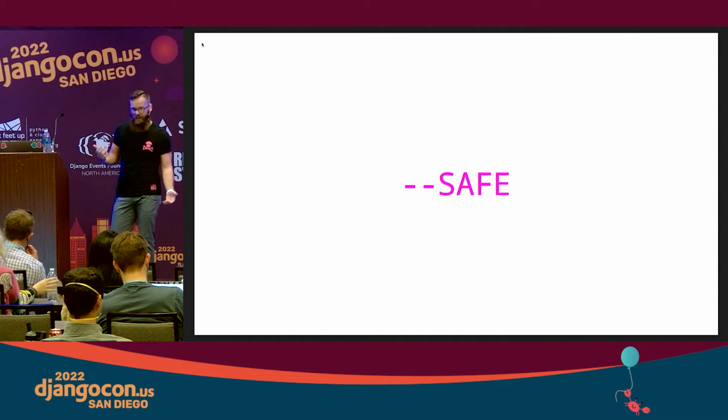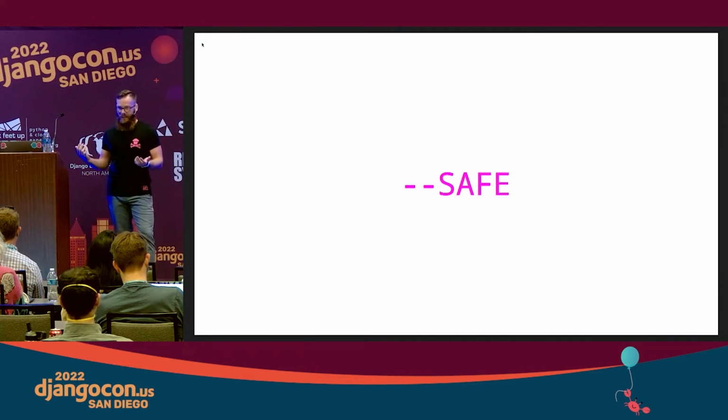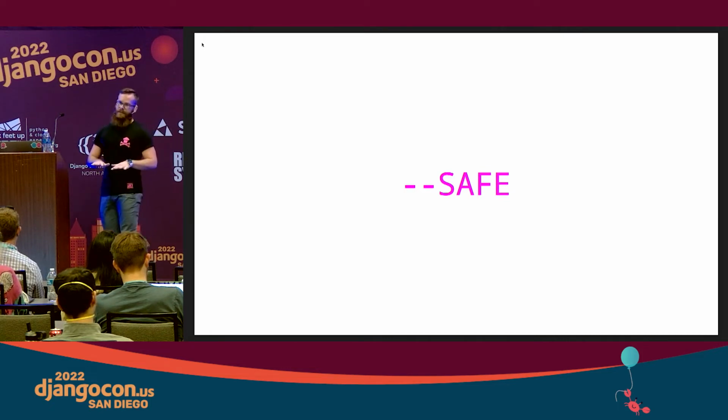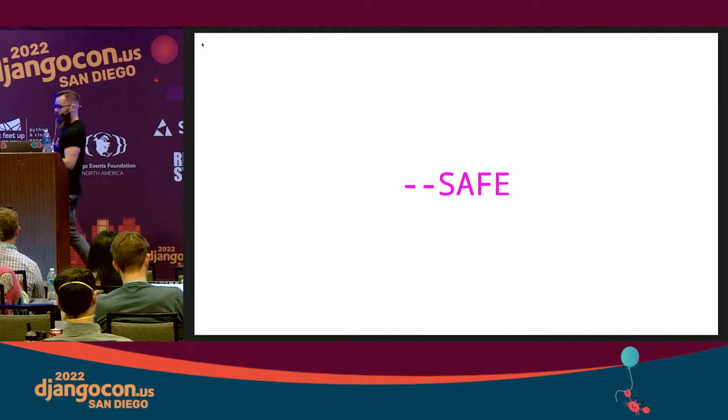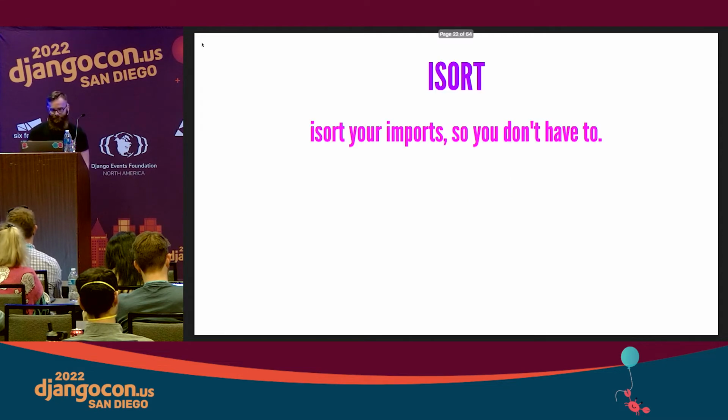Another cool thing that a lot of people don't really talk about with Black, and maybe they don't even know exists, is the --safe option, which I think is the default. But since Black is reformatting your code, it's kind of crazy to me that I'm going to spend all this time writing this code and I'm going to throw it to something else and it's going to do something to it. That kind of bothers me. But Black has this very cool option called --safe, where when it reformats the code, it actually looks at the AST generated before and after and verifies that the code is semantically exactly the same. Lots and lots of code formatters probably don't do that. You can turn this off if you want Black to run a lot faster because it does a lot less stuff, but in general, I think it's a great option to have enabled.